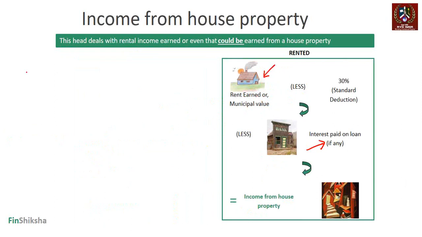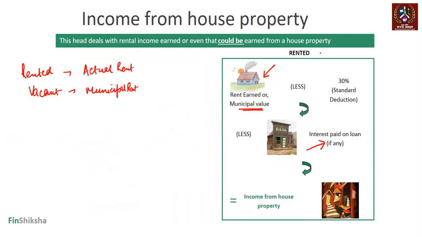So now there are two cases. One, it is rented, in which case you take the actual rent. If it is vacant, then you take the municipal rental value at that point. It is deemed to be rent for you. So technically, if you buy a home, that's your second home, you don't stay in it, it's lying idle, no one else stays in it either, there is assumed to be a municipal value of rent on it.